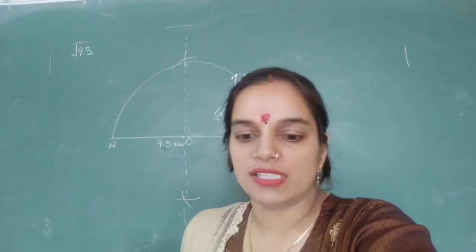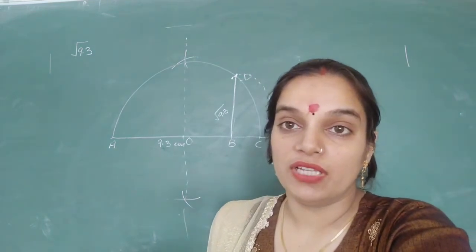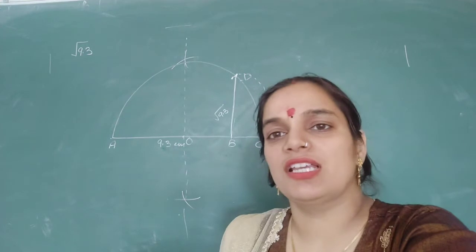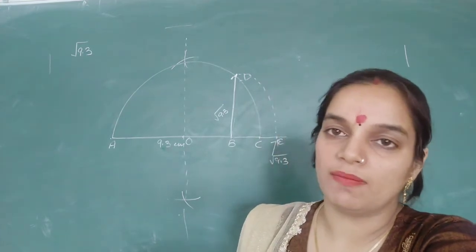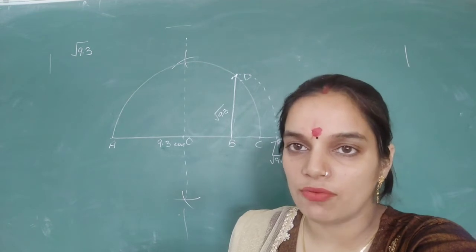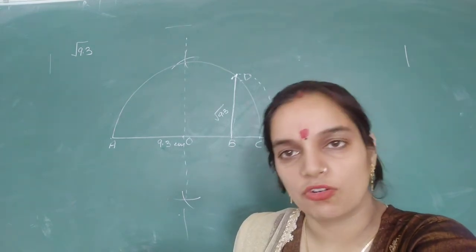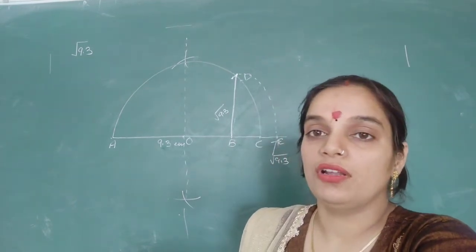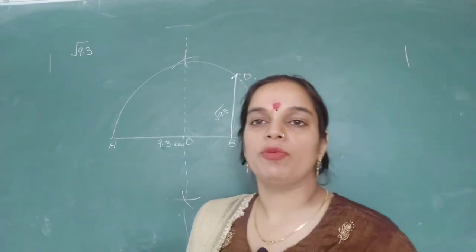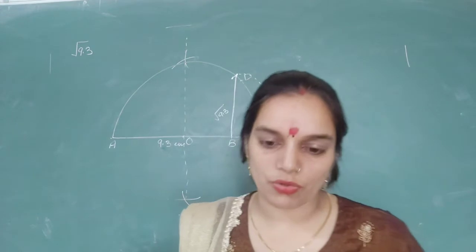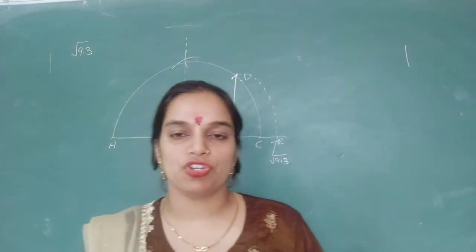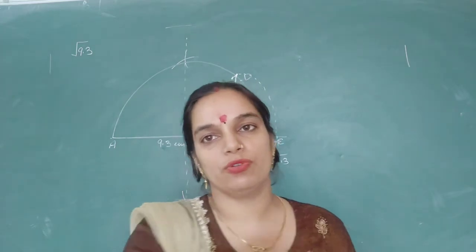Now we will discuss question number 5, the rationalization of the denominator. The meaning of rationalization of the denominator is that we have to remove the under root from the denominator. That means we have to remove the root terms from the denominator. I will do only 2 parts of question number 5 and the other 2 parts you will do from the PDF.